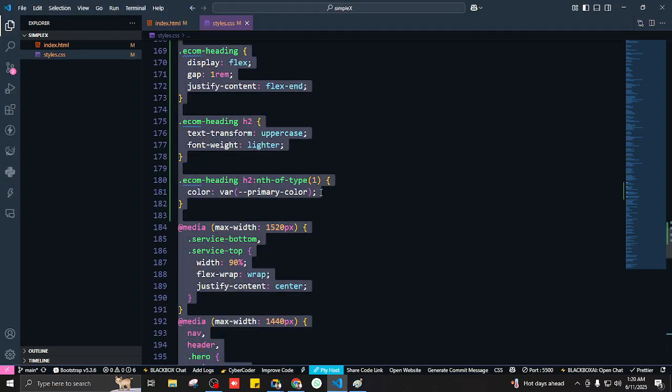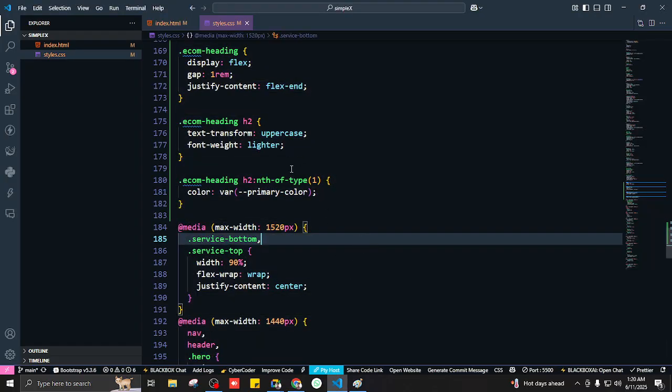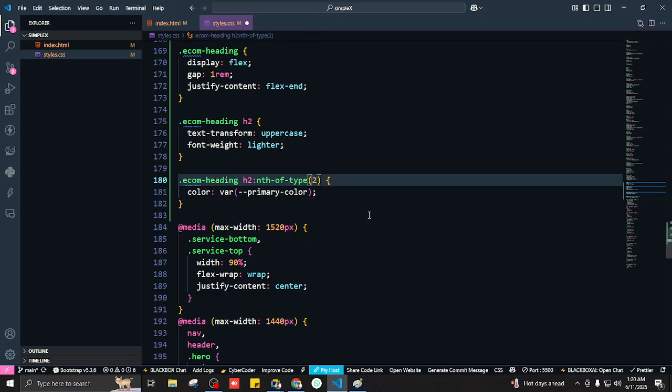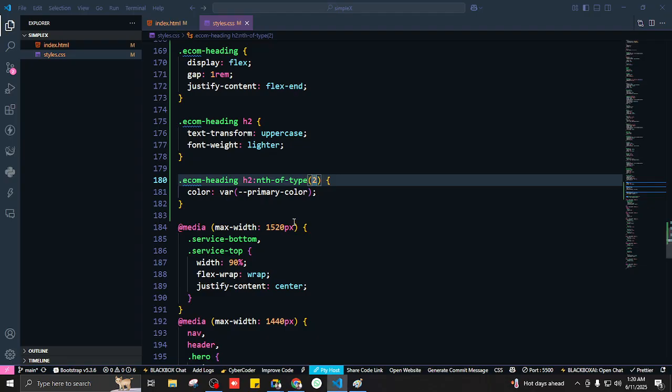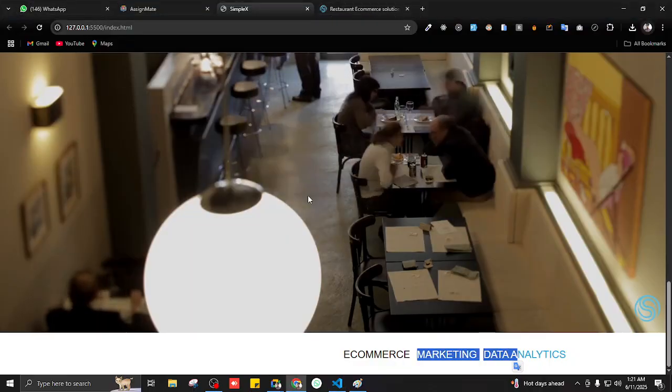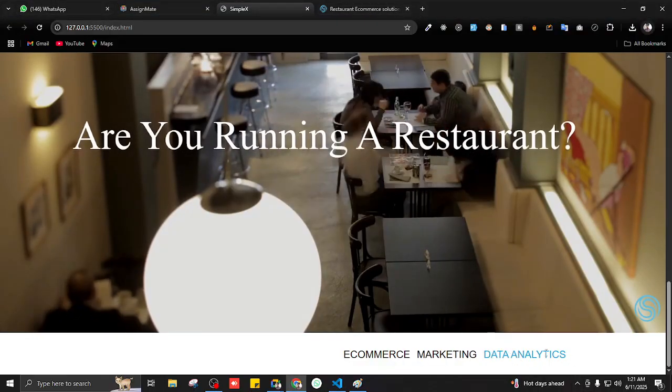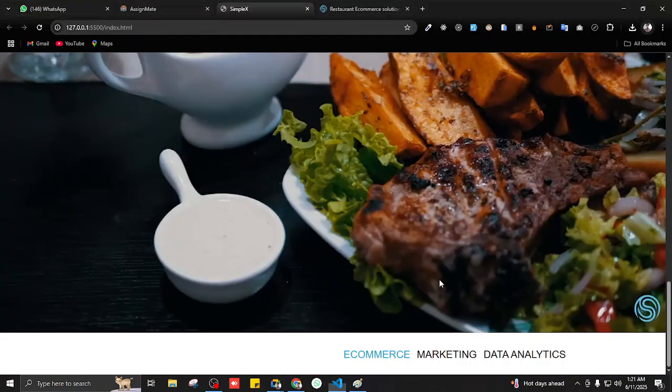Okay, similarly, if we were to write 2 here, what would happen? It's going to target the first one and the second one? Just the second one. Yeah, just the second one. Here you go, second. And if we were to write, let's say 3 here, what would happen now? The third one. Yeah, it's going to target the last one. So here we have it, the last one. Oh, we just want the first one, so here you go. Okay,